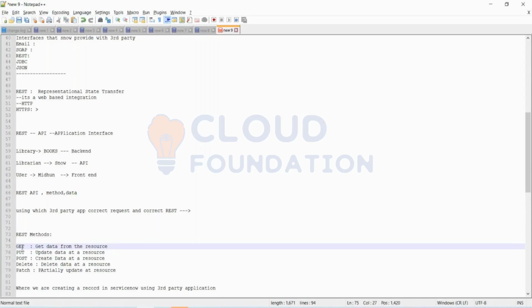So once you create one web service, in that you will have one method called GET. It would run, and you will provide the target and source tables. You have scripts running, and transform maps running there. There would also be another method you would create called POST, and then you are going to create data at the ServiceNow instance, right?